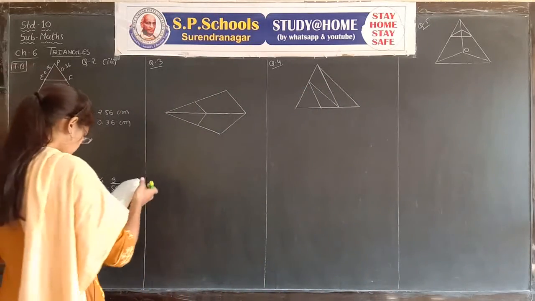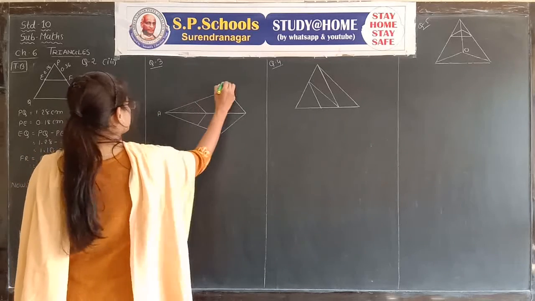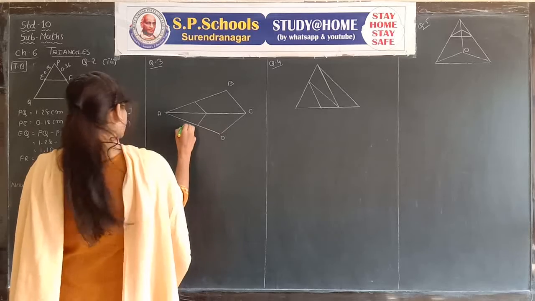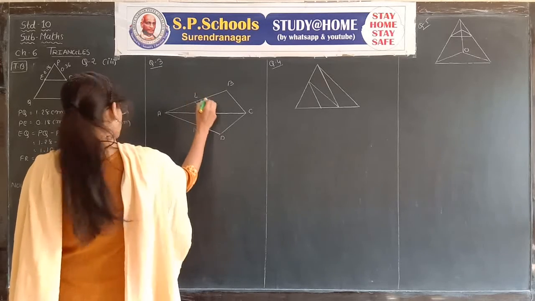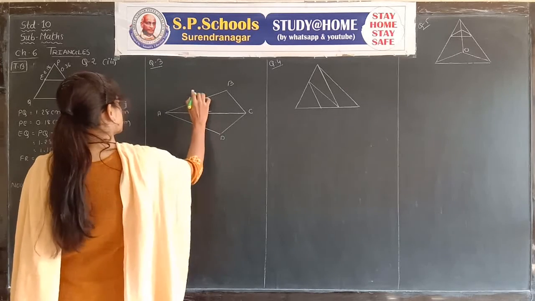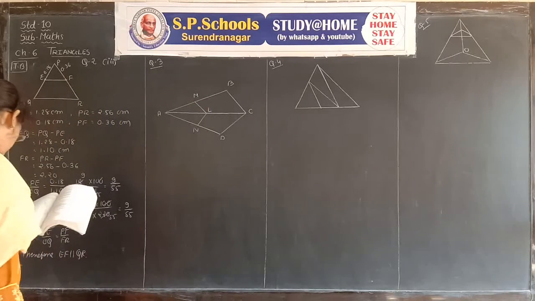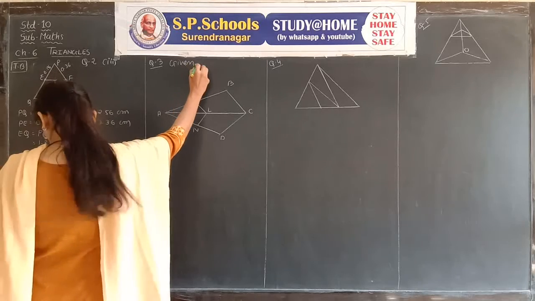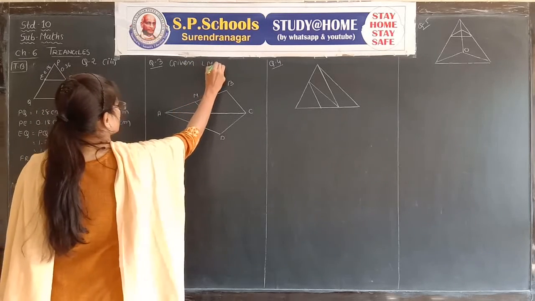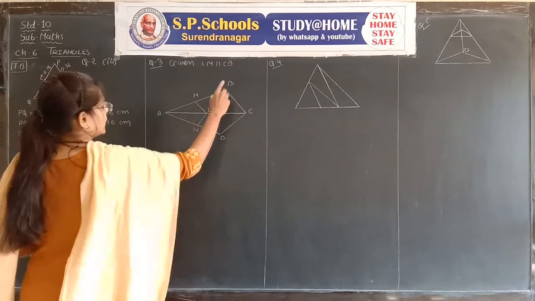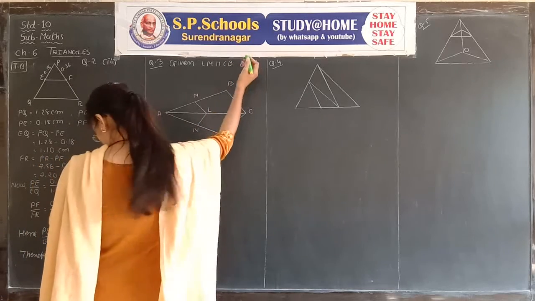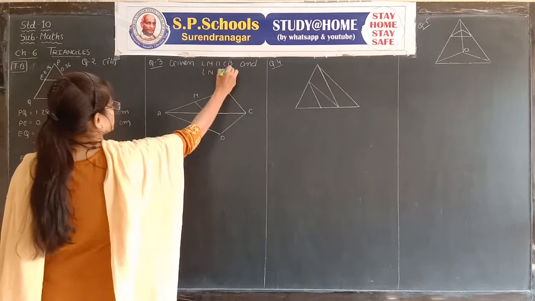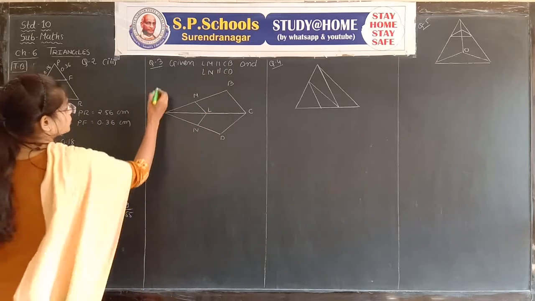It has points A, B, C, D, N, L, and here is M. Given that LM is parallel to CB and LN is parallel to CD, prove that